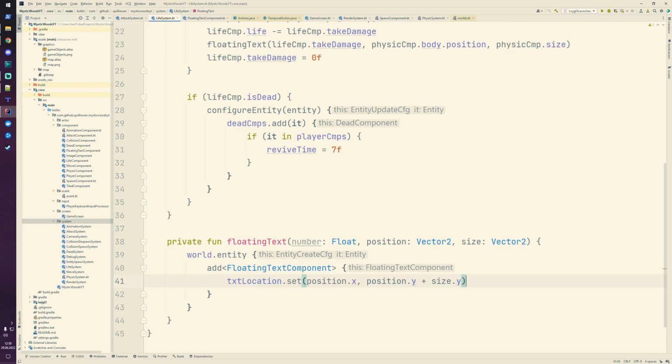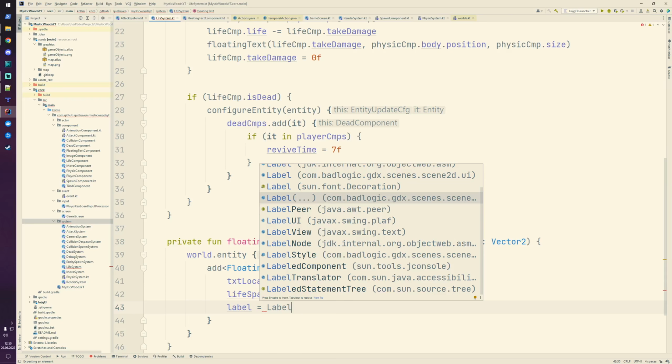So this is the target location. Then how long should this damage text be displayed to a player? Let's take here 1.5 seconds. And the last thing that we need to do is to create a label. And there we create a Scene2D label,